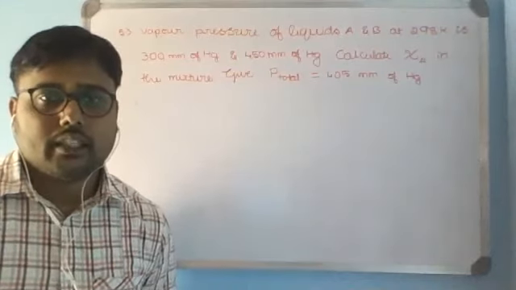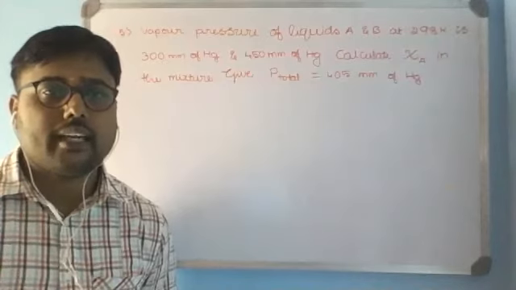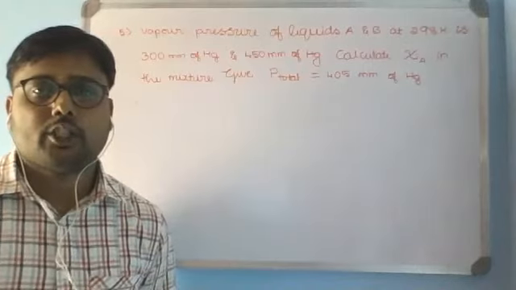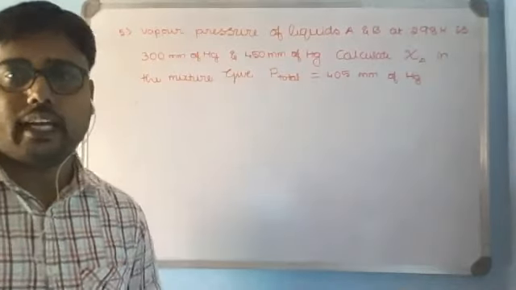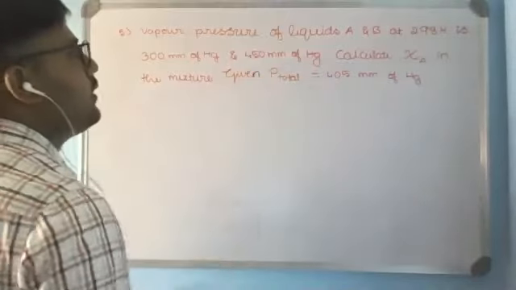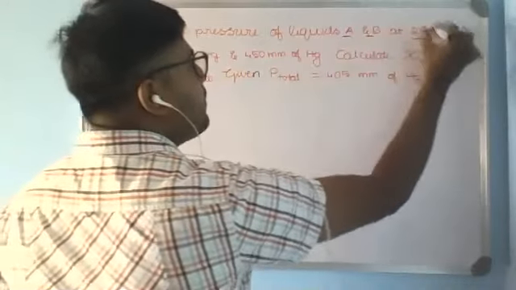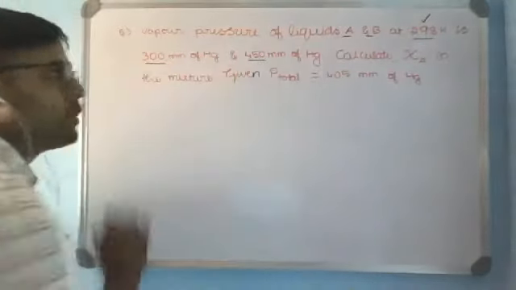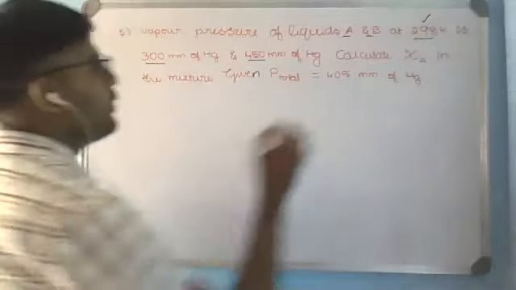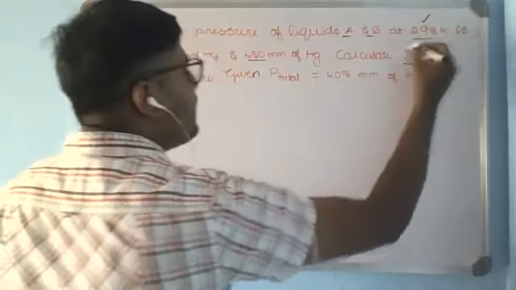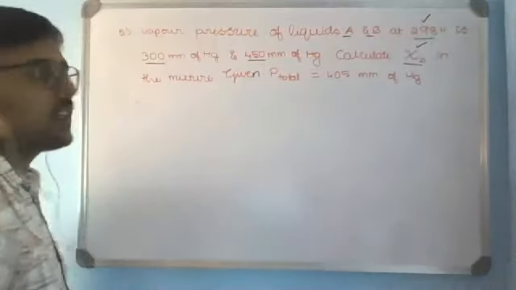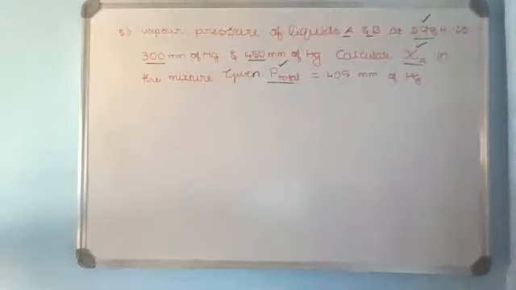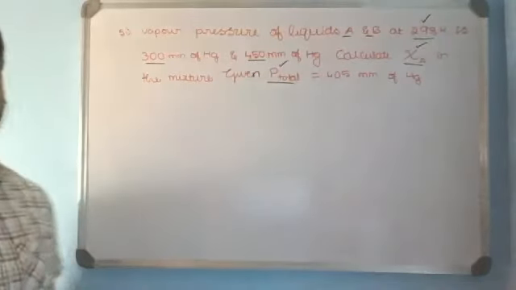With this information, they are asking to calculate the mole fraction of A in the mixture of the solution. And they have given the total pressure is equal to 405 mm of Hg. For A and B in their pure form, they have given their vapor pressures, that is the vapor pressure in the pure form. So they are asking us to calculate the mole fraction of A. For this, they have given the P total information. Now, which is a suitable formula to solve this problem?